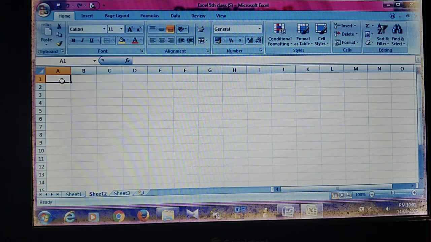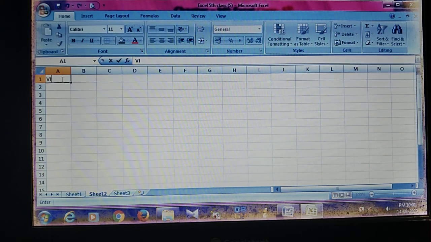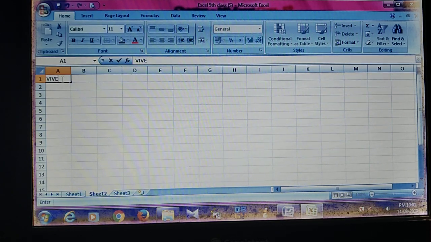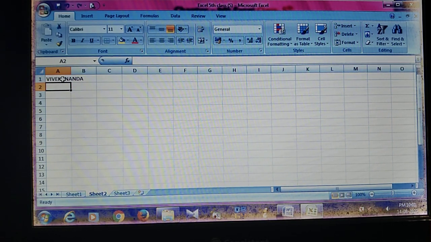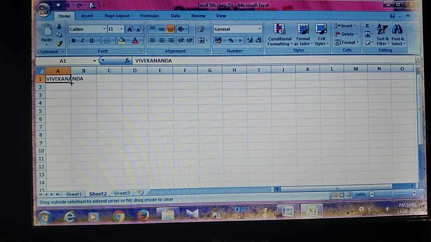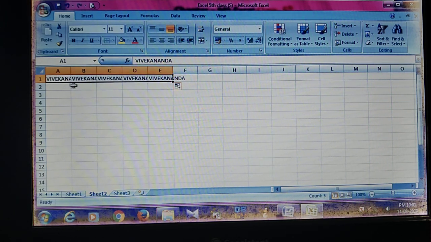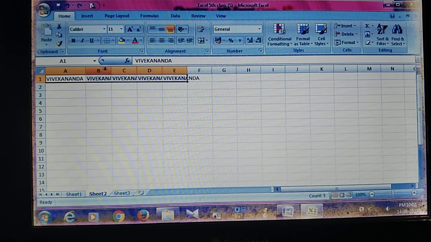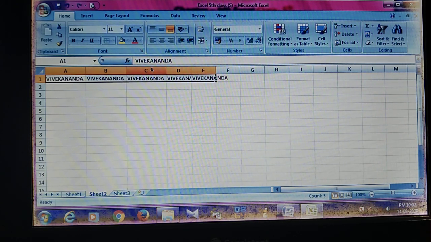So suppose I write here Vivekananda. At first I write here, then drag the 5 columns, A, B, C, D, E. Okay, I set the 5 columns.